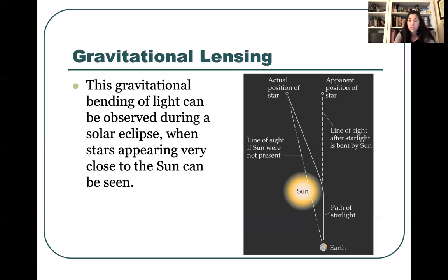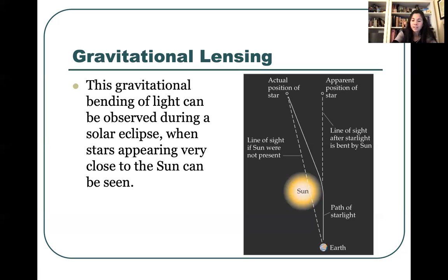And so it's very, very important, because you can tell the effects due to a massive object that is nearby that you may not be able to see otherwise. So thinking about objects that you cannot see, that have a very large value of their mass, and that will bend light very much,